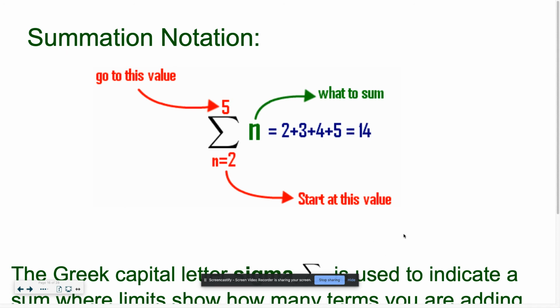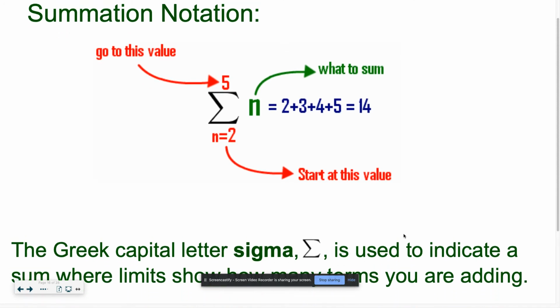Okay, so summation notation is something you probably have seen before. This big sigma sign is basically saying you're going to start plugging in from the number 2 all the way to number 5 into this formula. So if you notice, it's just the variable n. So then I plug it in, I get 2, 3, 4, 5, and then I add them together to get